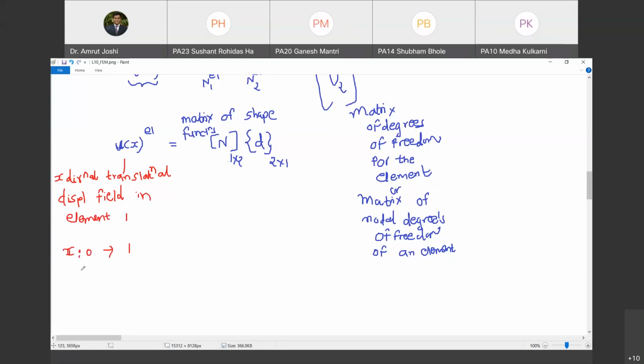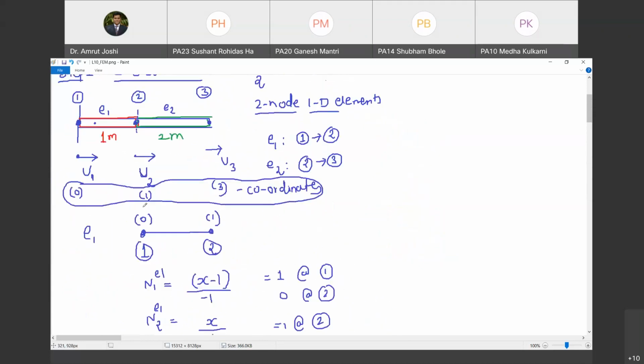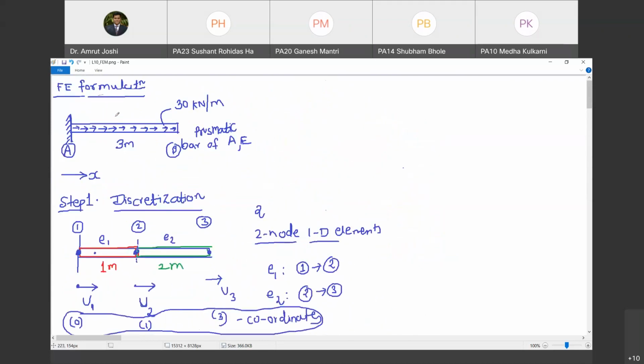So you give me any x within this. You can give me 0.5. You can also say that x is equal to 0.25. You can say x is equal to 0.115. You can say x equal to 0.999. At all these values of x, I am going to give you the value of x directional displacement at that location. So u of 0.5 means at x equal to 0.5, after the deformation under given load, what will be the x directional deformation?